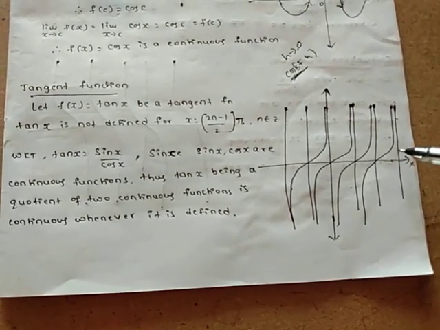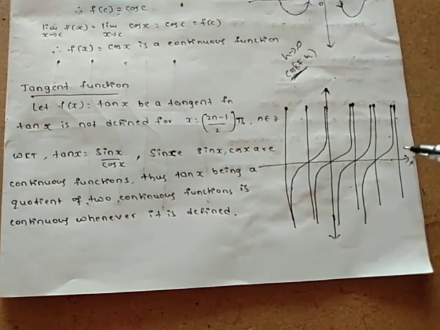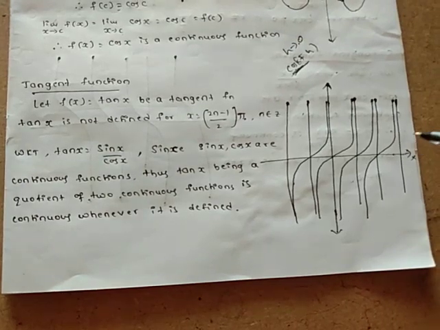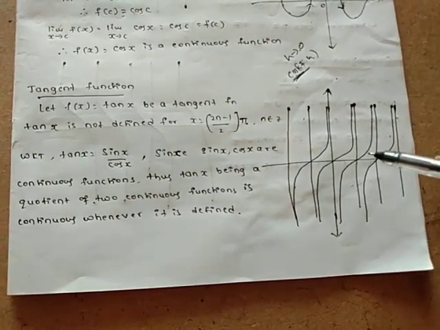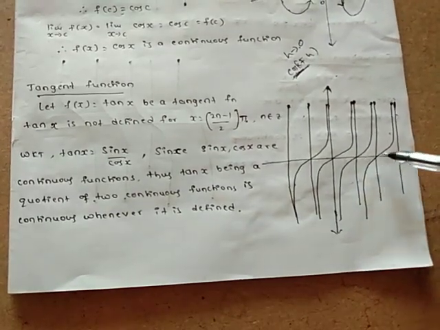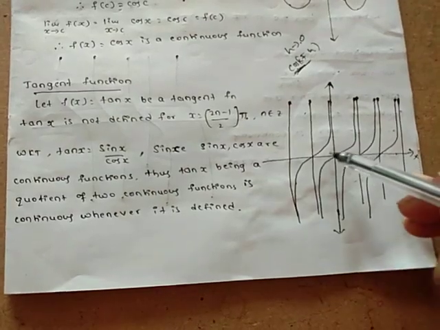Observe here, in the previous class, the 11th class, in chapter 3 on trigonometric functions, we have clearly mentioned all those things about the tan function. We can say that at certain points the tan function is not defined. Are you getting the point? At certain points the tan function is not defined.